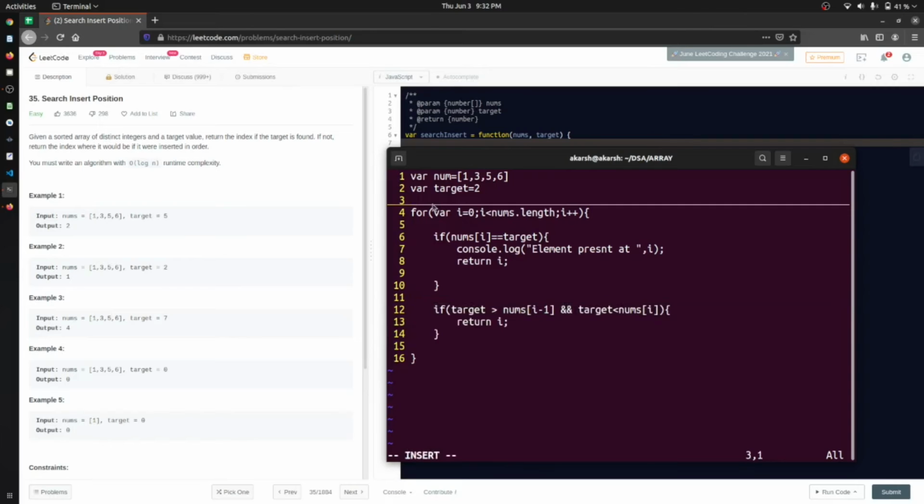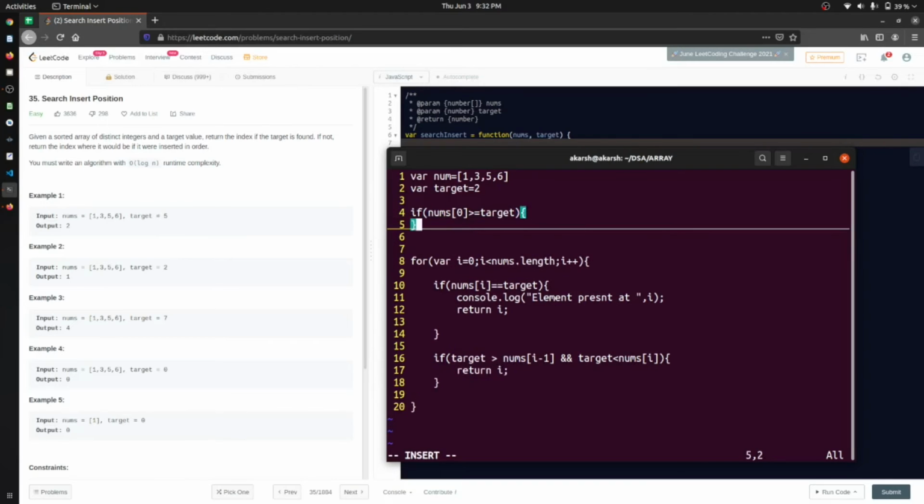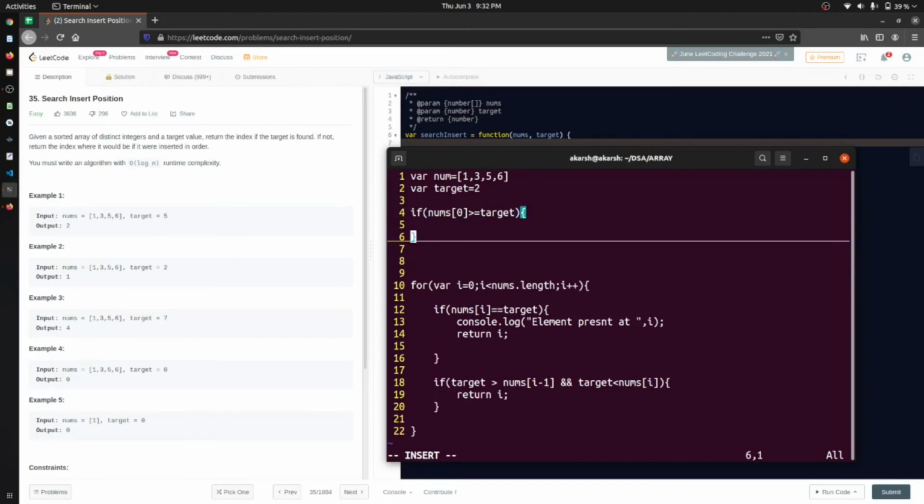Now we have to add some boundary cases, because we know that in competitive programming boundary cases are very important. So we will check if nums at 0, the first index, is greater than or equal to target, then our element is present at the first point, and we will just return 0.